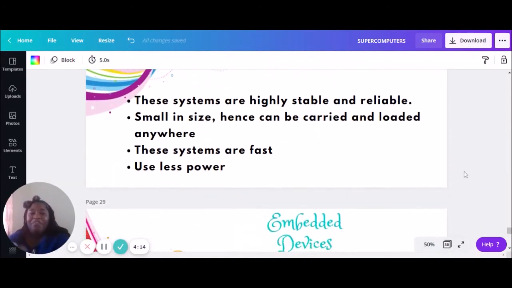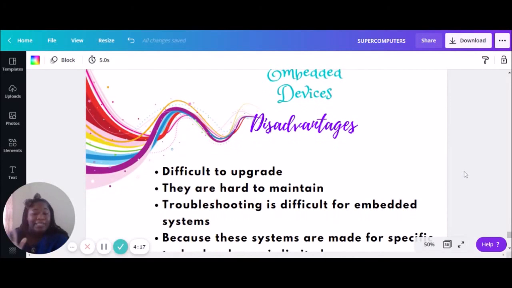All right. But of course, with all these lovely advantages, there are sad sides to it. If your embedded devices ever need to be upgraded, it's very difficult to upgrade them because they're already put into the device that they're functioning in. They're built in. They're already working how they should be. So it's kind of hard to rip it out, do any upgrades to it, and then put it back in. So if your embedded device gets old or is no longer keeping up with the times, buy a new device, buy a new fridge, and get into the times that are fast approaching.